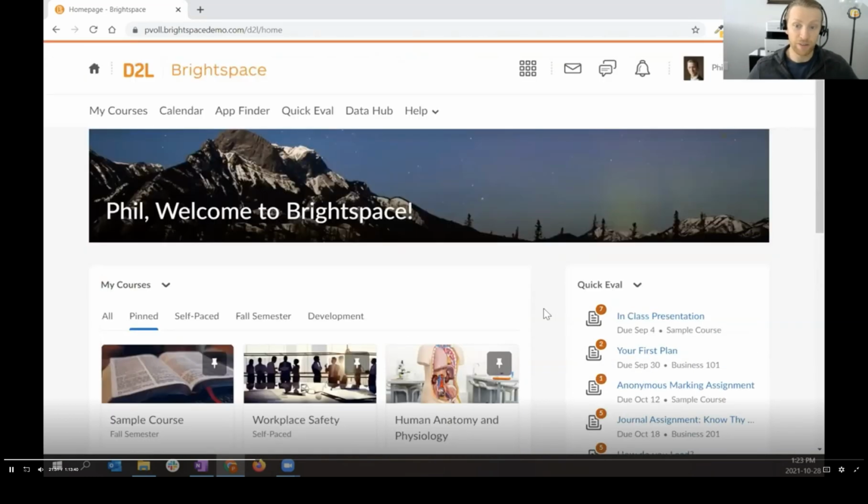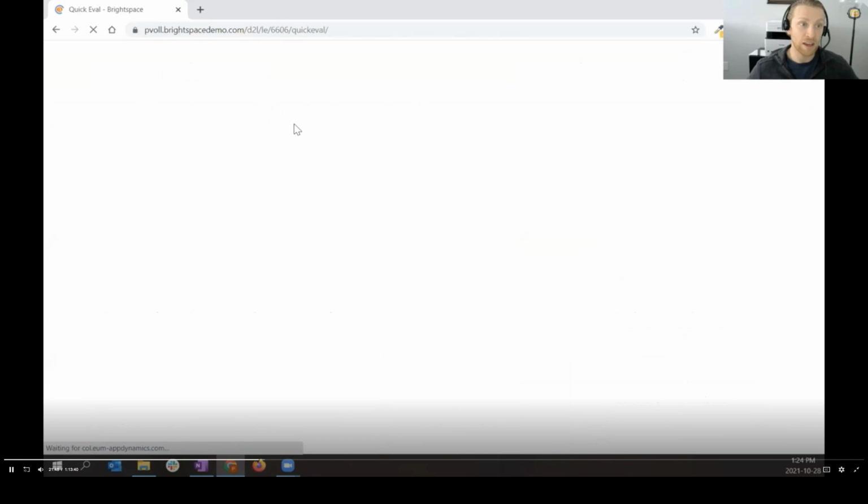In addition to the Quick Eval widget, there's also a dashboard at the system level, and that's actually what we're going to look at first here. So again, just with that concept of as an instructor, I'm logging into Brightspace, and the first thing I want to do as that instructor is grade student work. I can use that Quick Eval widget, or I can click on the navigation link,